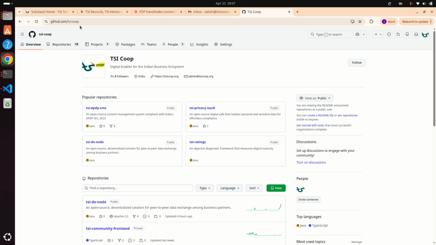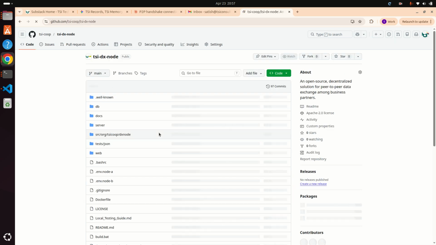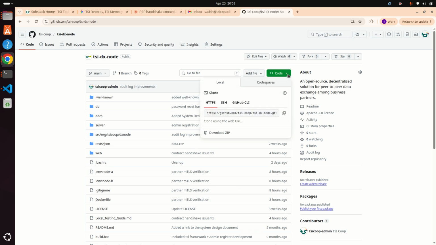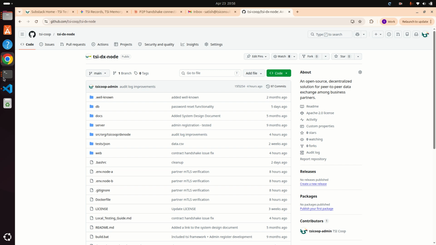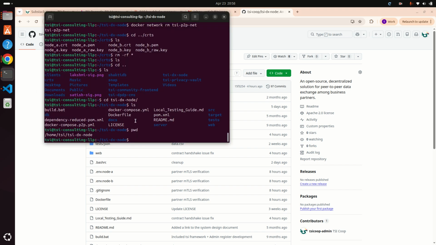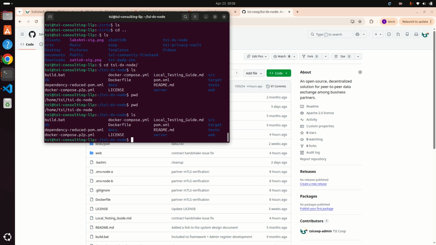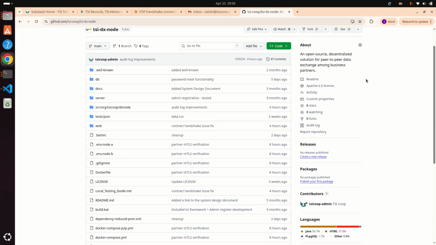You begin by going to the TSI co-op GitHub, go to the TSI DX node, and you can do a git clone of this git URL. I have got it already on my machine. Today I'm going to walk you through the local